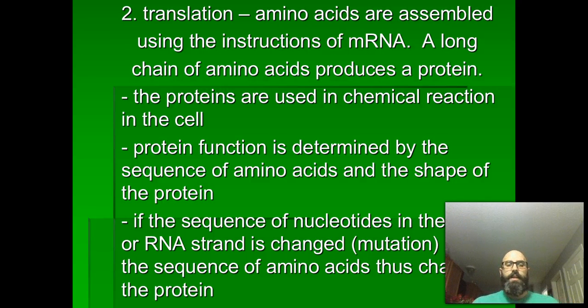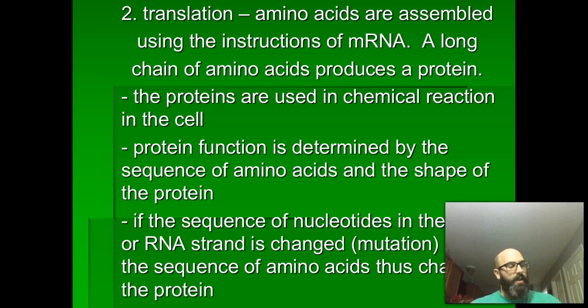Let's say DNA or RNA for that matter, whether it's mRNA, has something go wrong where maybe a single letter is changed, those things are altered. If you change one specific nucleotide of DNA, you have the probability of changing the instructions for how to make a protein. So changing one nucleotide or one letter of DNA can cause the entire sequence to be altered in terms of amino acids.